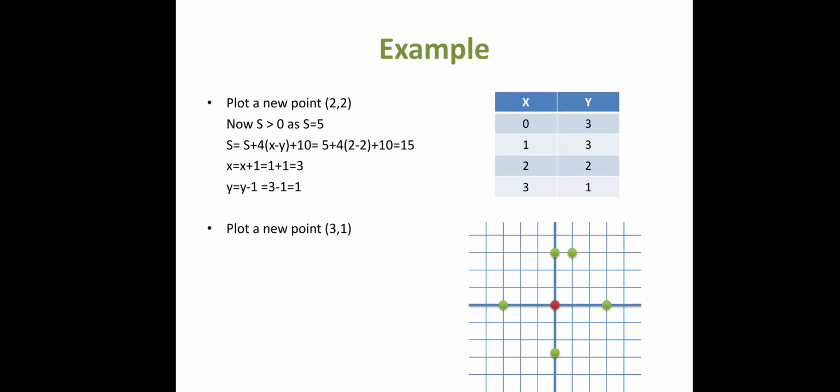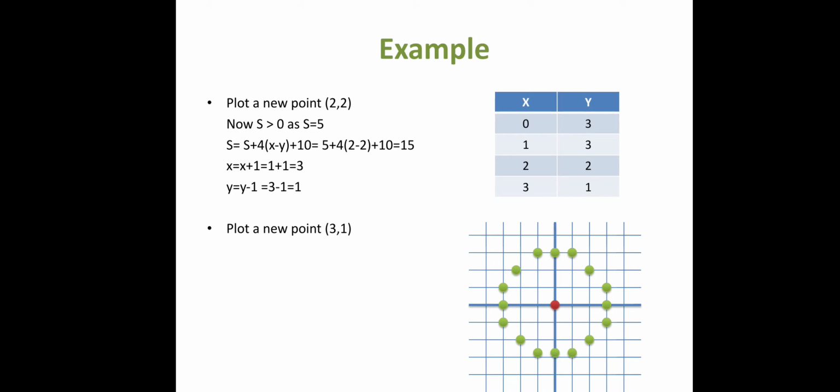Okay. Now, how am I going to replicate this? So, first is 0, 3. Then I am replicating that 0, 3 in all the quadrants. The next point is 1, 3. This is the 1, 3. So, I will replicate this 1, 3 in all the remaining octants. Then the next point is 2, 2. So, I will find the 2, 2. Then I will replicate all the points in the next octant. Then I have found the 3, 1, right. So, I will replicate that 3, 1 into the octants, right.